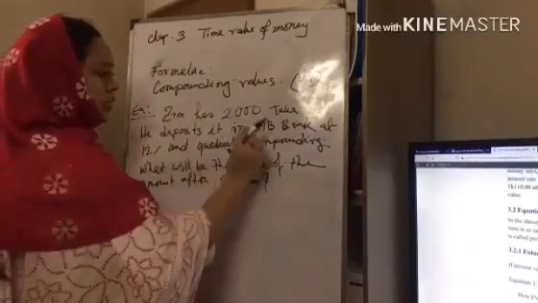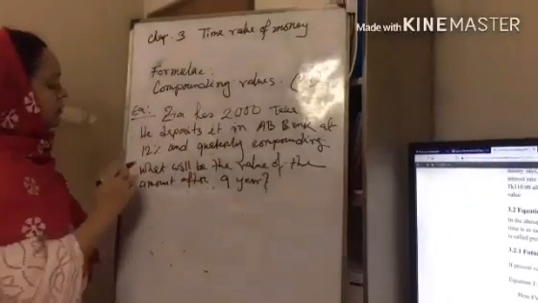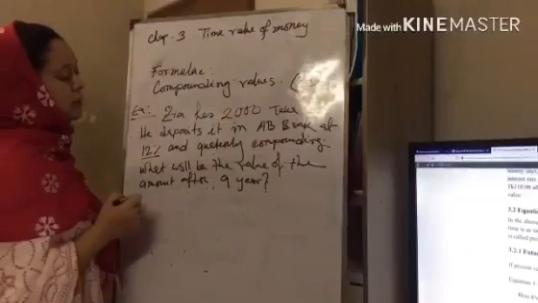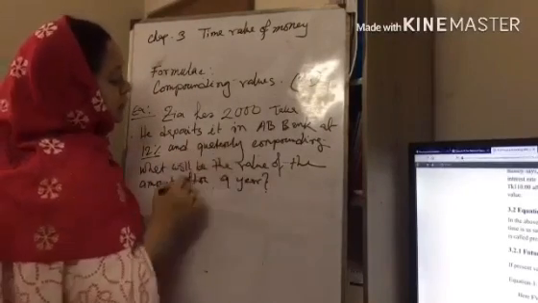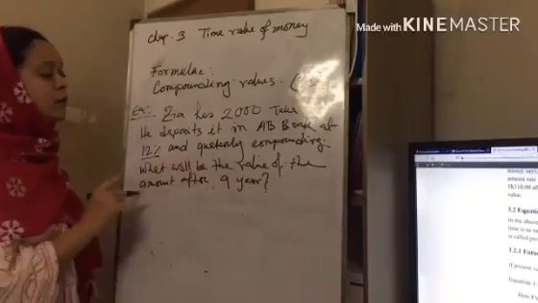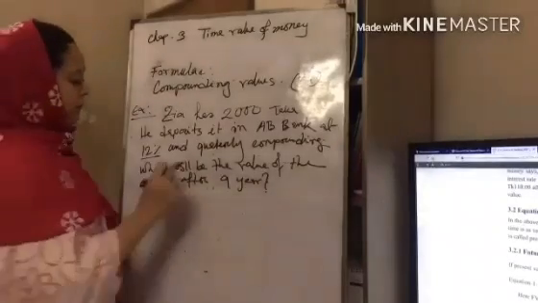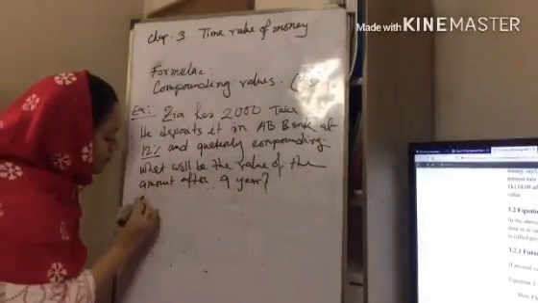He deposits this in a bank, AB Bank, at 12%, and the interest rate is calculated quarterly in a year. It means the value of M is 4. So the formula is